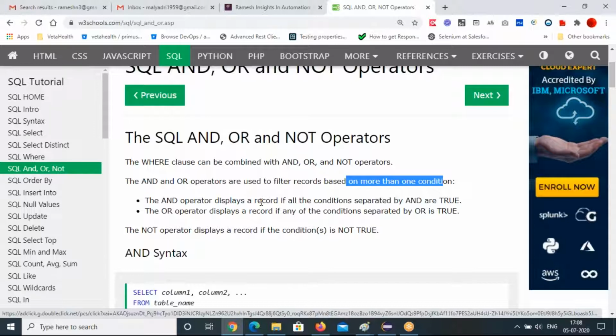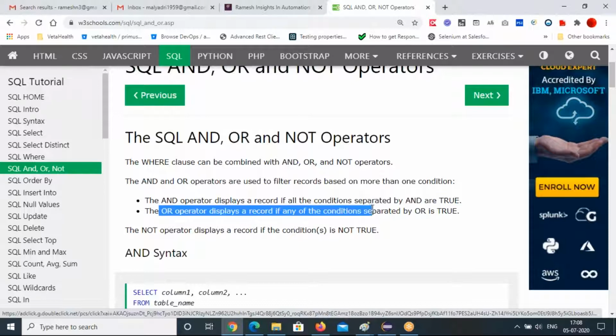AND means both. Remember that. Both are true, you will get a result, a record. Otherwise you won't get. The OR operator displays a record if any of the conditions separated by OR is true, then you will get the record.